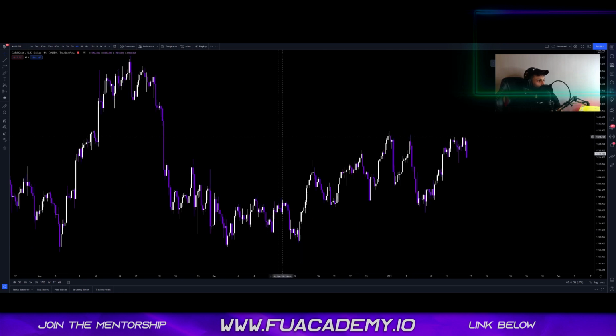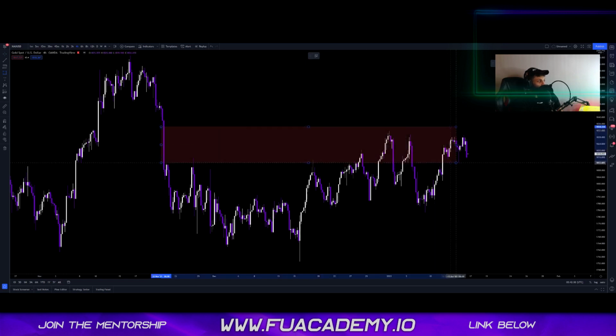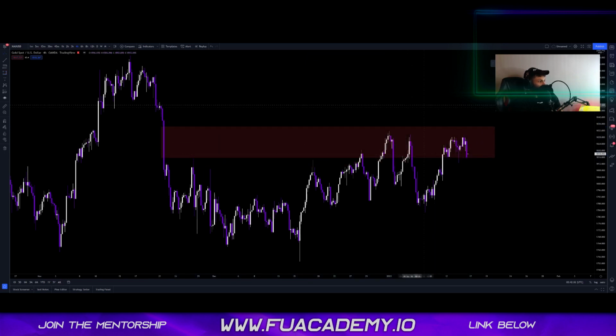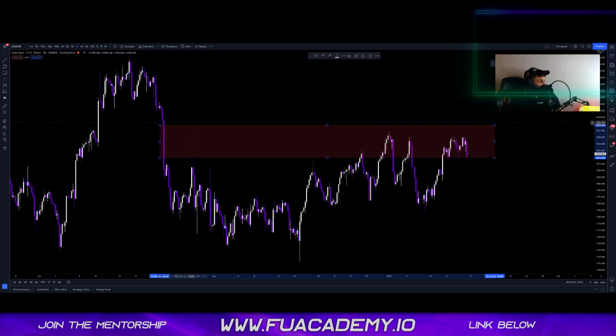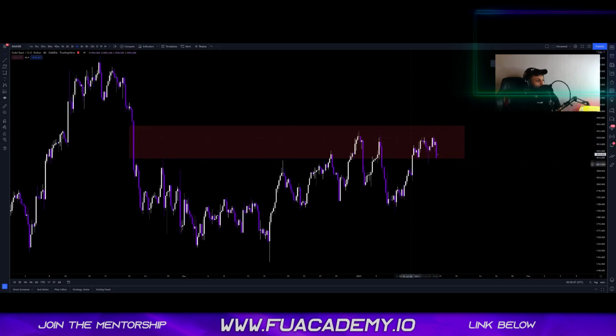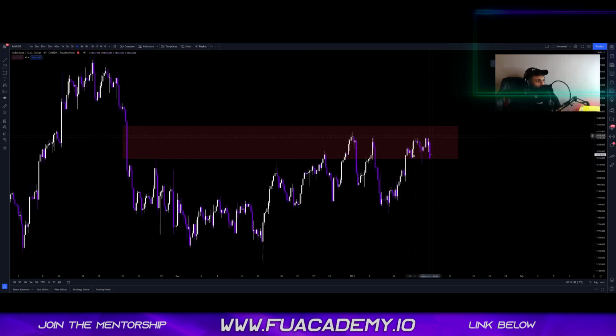And why am I picking this area? Because I'm focusing on this imbalance, and I see that 50% of the imbalance right here, pretty much most of it, has been filled in. So now I'm expecting a drop from here, but obviously I'm looking for some lower time frame